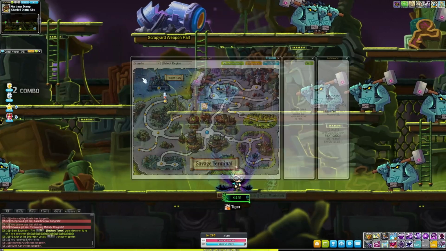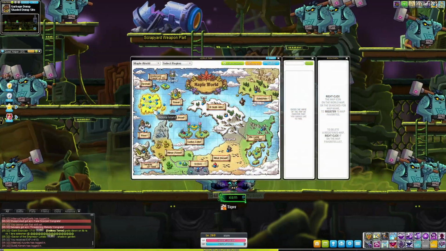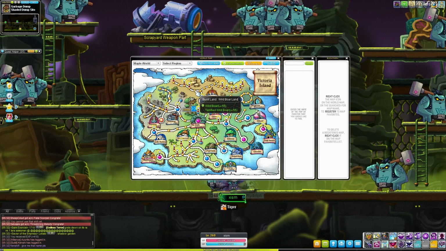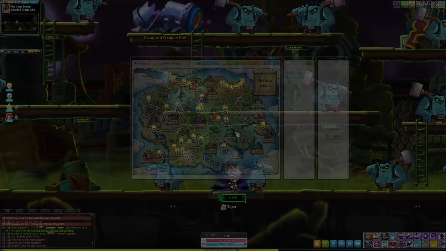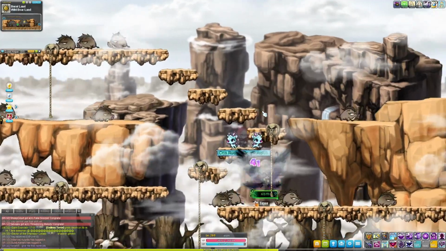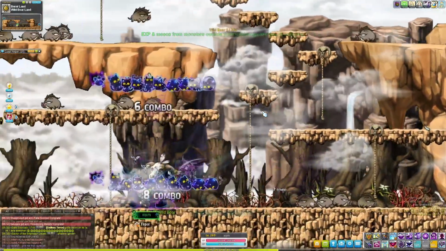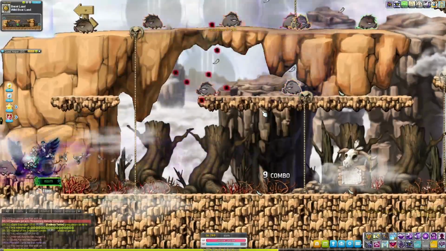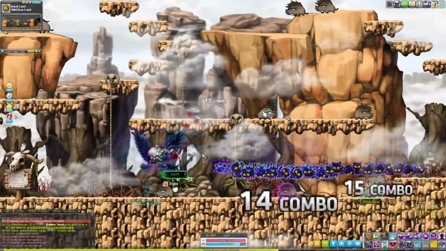Once I'm level 35, you can try it a little bit earlier if you want. Obviously, fine-tune this to how you feel best. But I go to Wild Boar Land next. This is no surprise. Wild Boar Land is a great map still. There's a ton of mobs here. So at level 35, I go here. I stay here for 10 levels, mainly because,